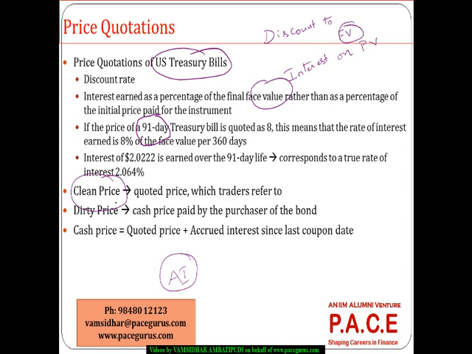But majority of the times, the quote that comes for the bond from the traders does not include the accrued interest. It is only the quoted price based on the coupon that was paid last time. So it's a clean price, and there is no accrued interest in it. But what the customer has to pay for purchasing it should be inclusive of the accrued interest, because a person